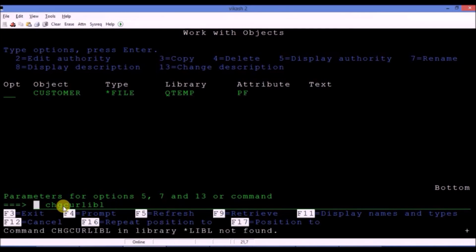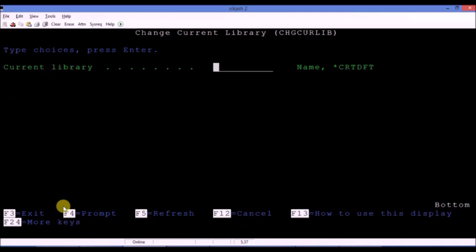Take F4. So here you can give your library name that will then be treated as the current library. That means whenever any operation is performed, say an object is searched for, the library name given in this current library section will be the first among all the user libraries to be searched.